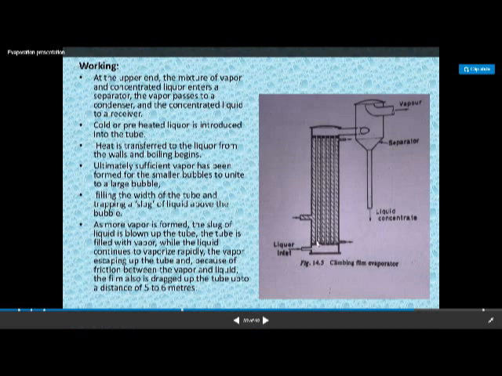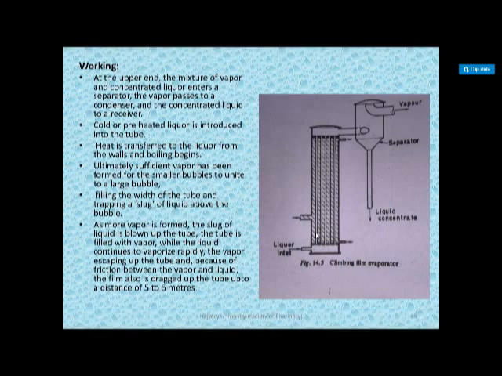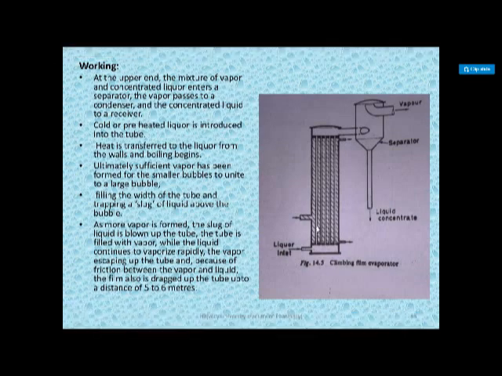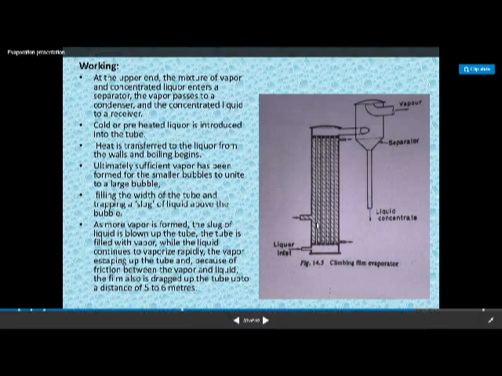This is the exact mechanism of why the liquid climbs up in this tube. The liquor present in the tube, because of the steam, forms very small bubbles. These small bubbles combine with each other to form a larger bubble. That larger bubble keeps increasing in size until the internal pressure rises very high, and then the bubble bursts.